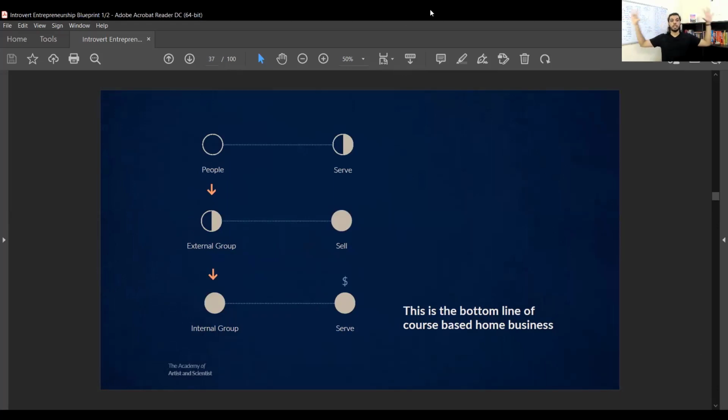There are like 8 billion people out there. What we have to be doing, say there is serve, self serve. People, external group, internal group. I'm going to help you explain this in the next 2 minutes. There are about 8 billion people out there. Our products are made for them. Our content is made for them. Say, for example, if you're helping people learn calligraphy, or planting, or specifically swimming, it's required for everyone.